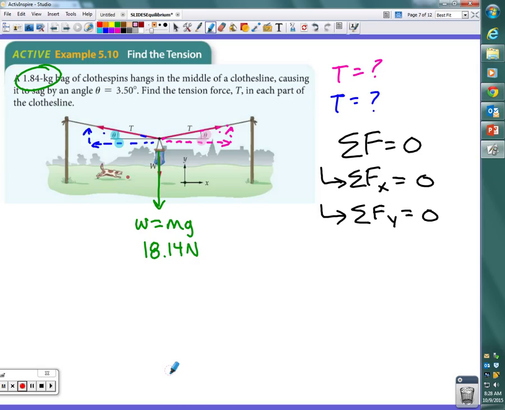Now, let's take the y-axis. How many forces are there on the y-axis in this picture? 3. There is this one. There is this one. And there is,